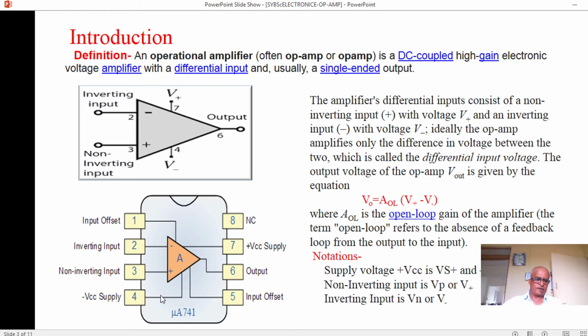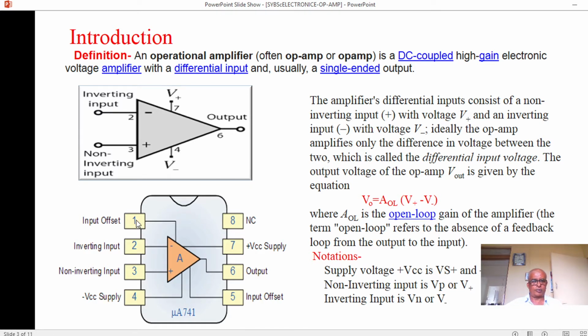So this diagram indicates the pin diagram of the IC 741 that we are generally using in the laboratory for doing the experiments on op-amp. If you hold this op-amp in your hand so that this notch is on the top side, this is called the top view. There is also one notch on this side. Near the notch, the pin is numbered as 1, and the remaining pins are counted in anti-clockwise direction as shown by the mouse pointer.